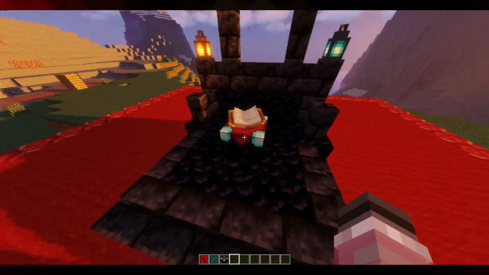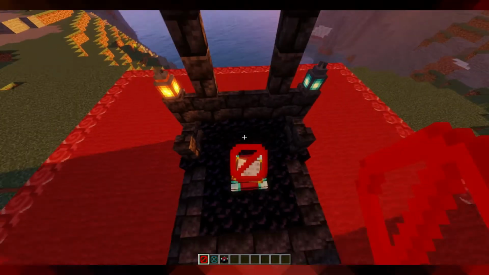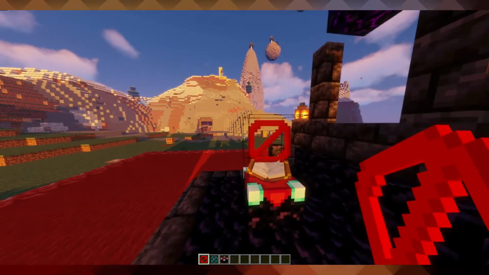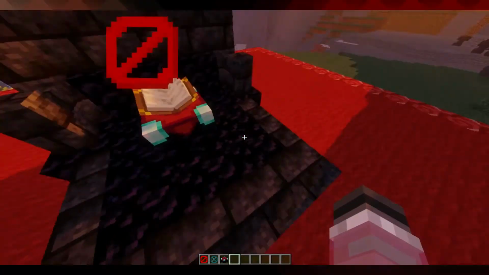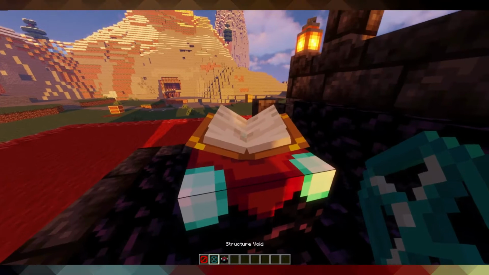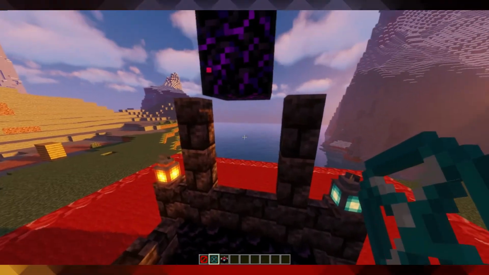So I literally just imported out of here, and as you can see, air blocks are not included in the composition, and barrier blocks are just the same. They are completely ignored when importing. I guess you can put barrier blocks to put torches floating in the middle of nowhere, but the one I'm gonna look at right now is this one, the structure